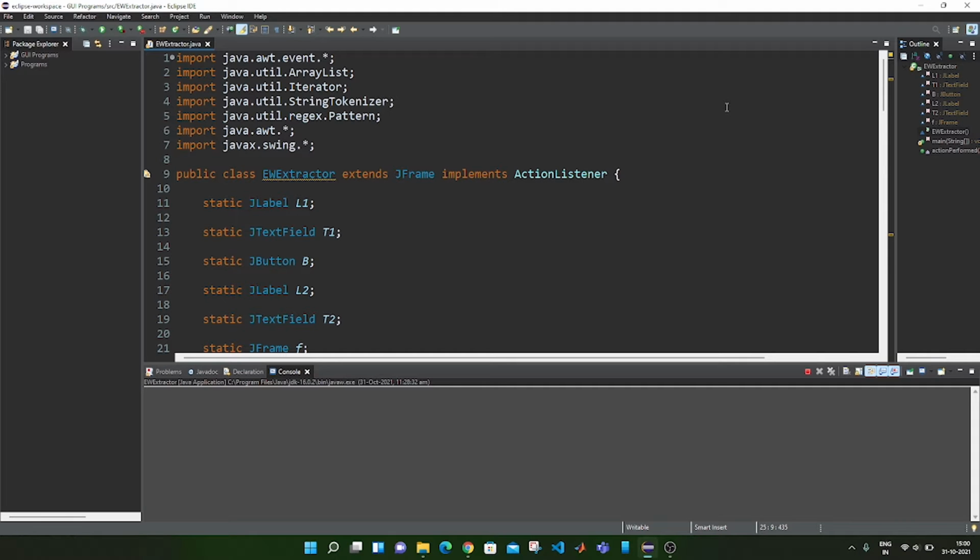Welcome guys, in today's video I'm going to show you how you can create a Java Swing application or GUI which will take a paragraph and extract all the emails and websites which are present inside that paragraph. So for that I have come to write the code on my Eclipse IDE, and before starting to look into